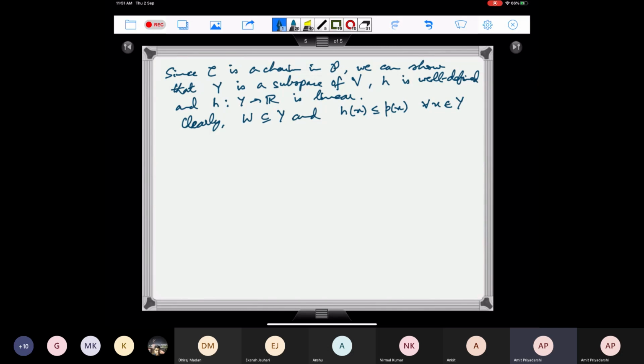So therefore this (Y, h) belongs to the partially ordered set P, right? So (Y, h) belongs to P, and